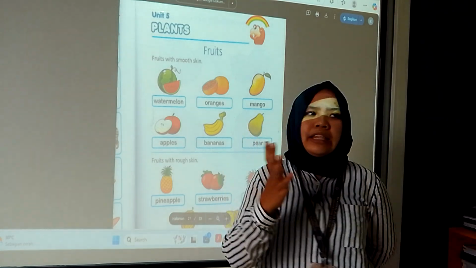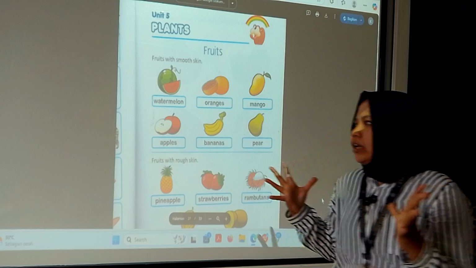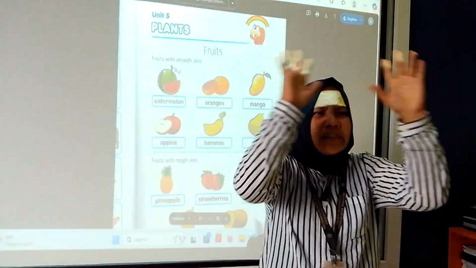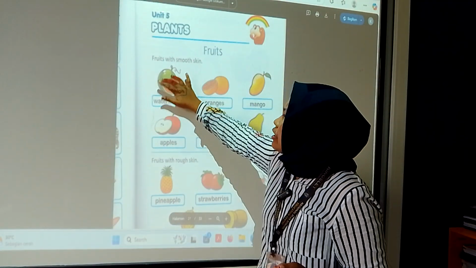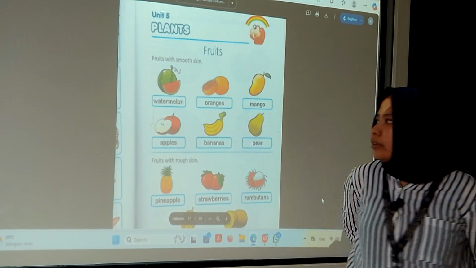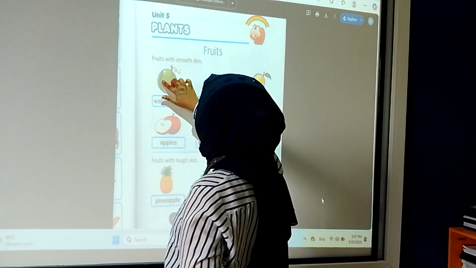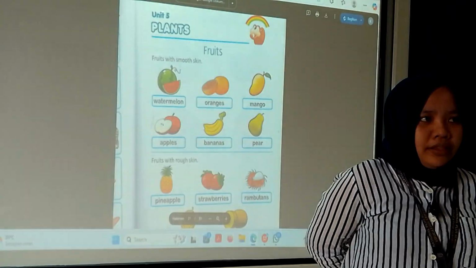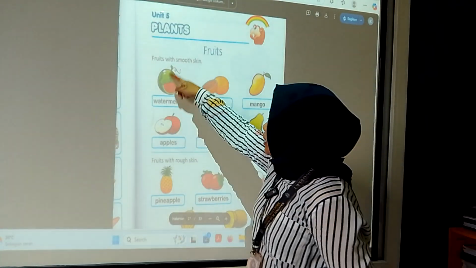Okay, for watermelon, do you think watermelon has smooth skin? If you touch this, smooth skin or rough skin? If you touch this, you can feel smooth, because there is no bumpy part here.